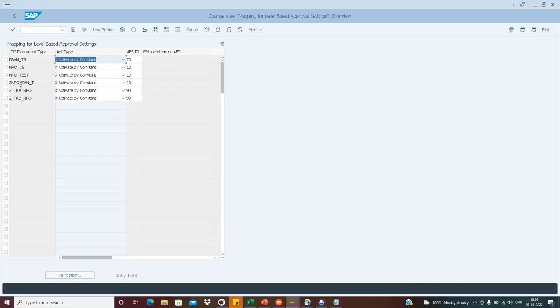For example, here, this is a DP doc type which I have created, and I am assigning it to that AFS number. Now whenever I am assigning it, there is one more important thing. In this DP doc type, all my company codes are coming, correct? Now I want it to be restricted to the company code specific. For example, for 1,000 company code, I want